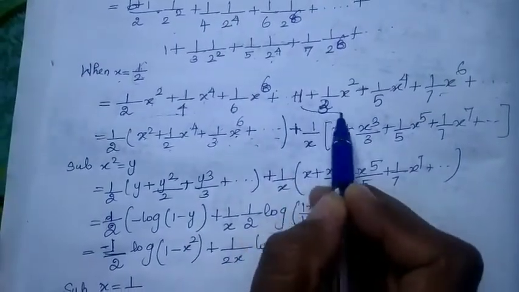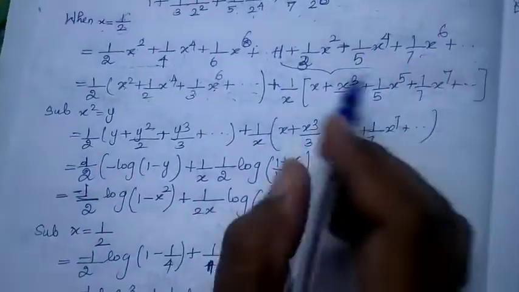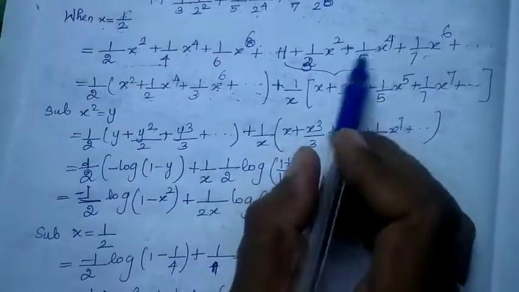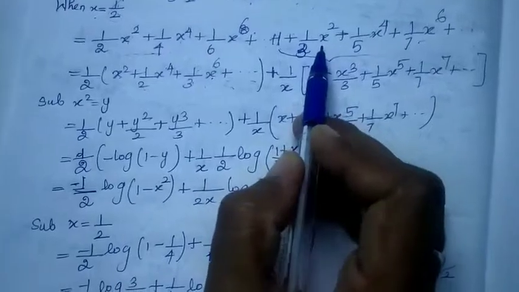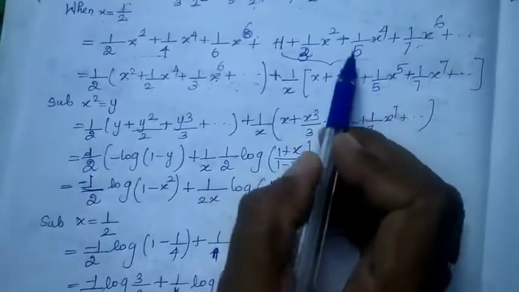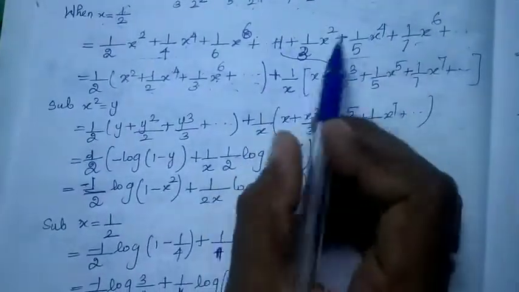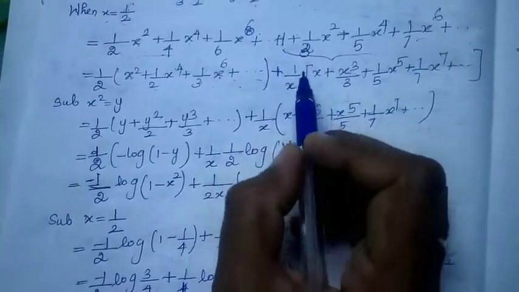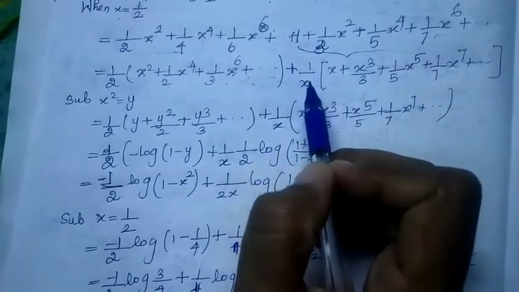So just consider the remaining term given here, right? What I am going to do is multiply, because we have x square by 3, x power 4 by 5, x power 6 by 7. But in the formula we have x cube by 3, x power 5 by 5. That is the formula we have. So for that purpose, I am just multiplying throughout by x. Since we are introducing a new term, we have to multiply and divide by that term. So I am going to multiply by x and divide by x.